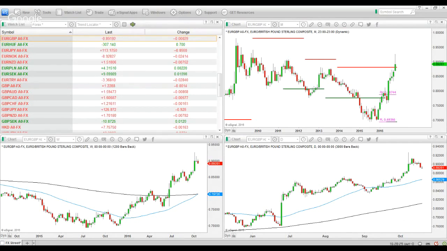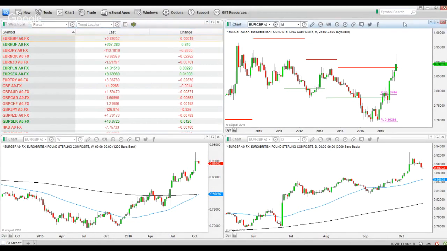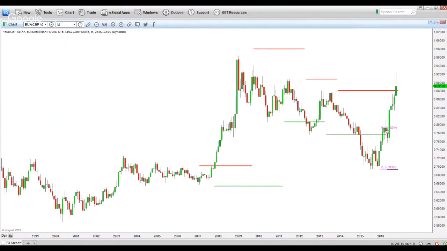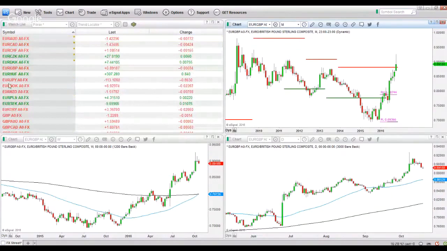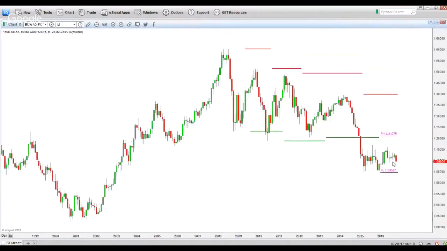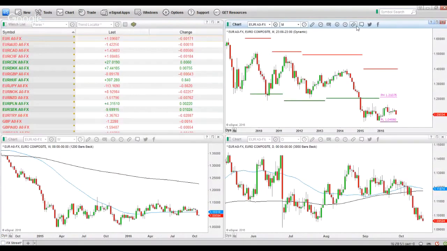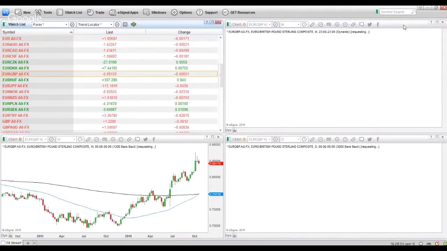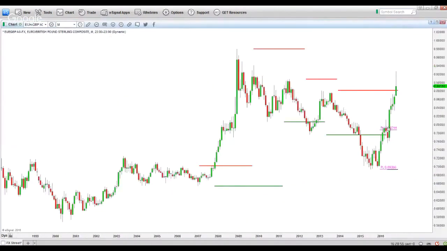Restart after you went through pink line analysis. Okay, so there are the pink lines. We're looking for price to be above the pink lines, below the pink lines, or inside the pink lines. If we go to the euro dollar, you can see that the euro dollar is inside the pink lines. Anything that's inside the pink lines, we don't want to be trading. The euro pound is outside the pink lines and it's bullish, so that's an instrument that we should be looking to trade.